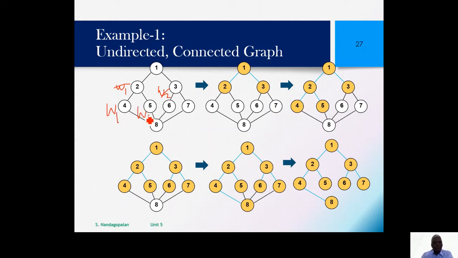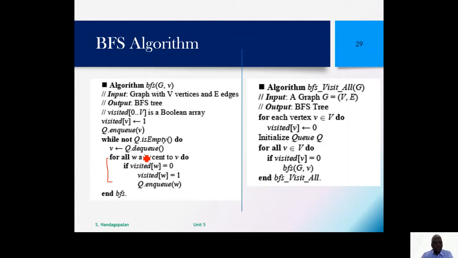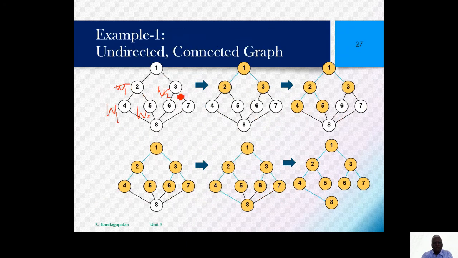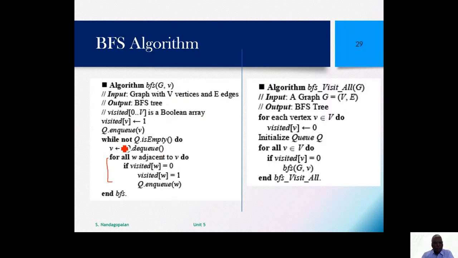So again, put 4 and 5 into the queue and mark them as 1, that is visited. Once you finish putting them into the queue, you come back to the while loop and delete the next one. What is the next deleted one? It's nothing but 3, because that's what is in the queue; the next element to be deleted, first come first served. So this keeps on happening until the last vertex is also deleted, in which case the queue becomes empty and we come out of this while loop as well.